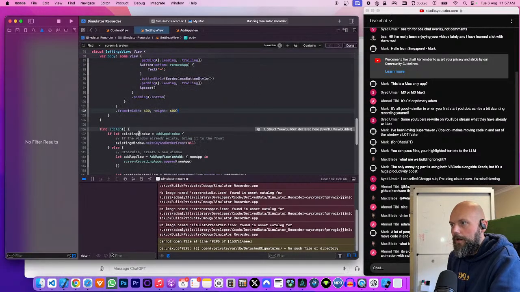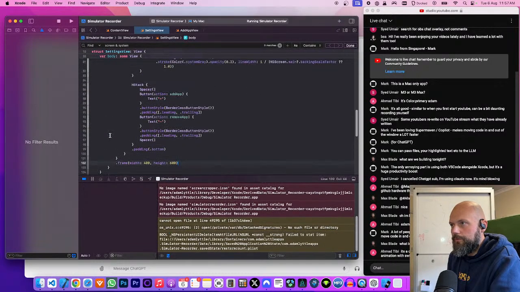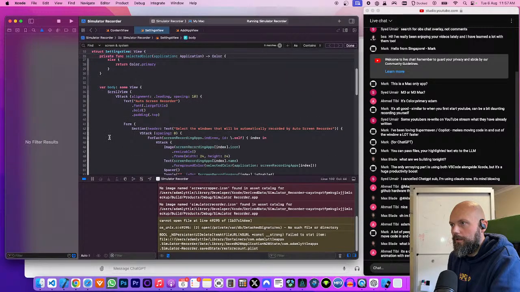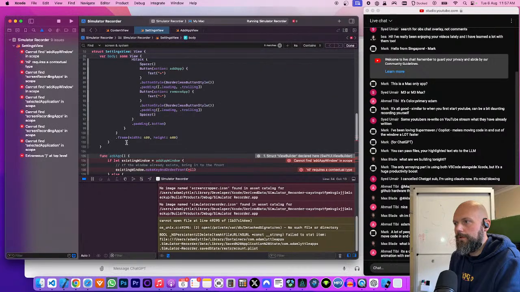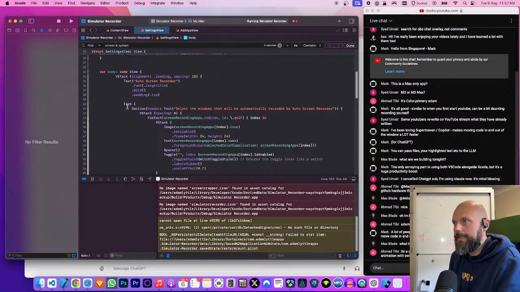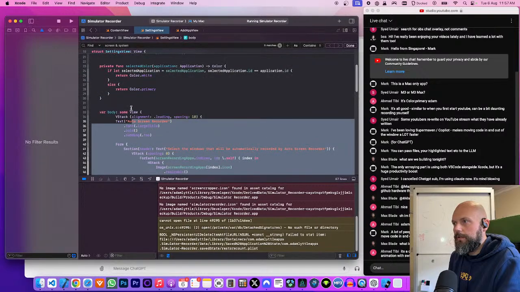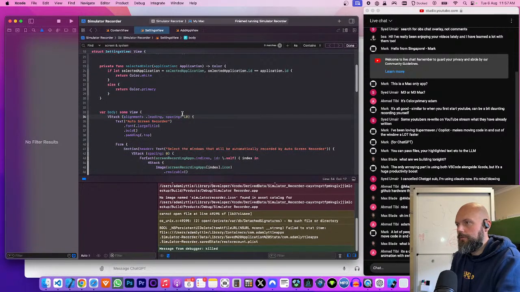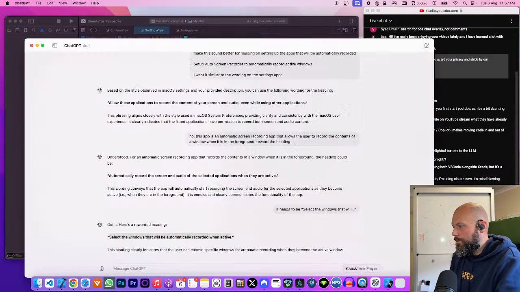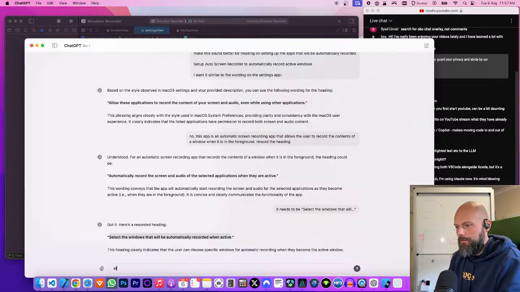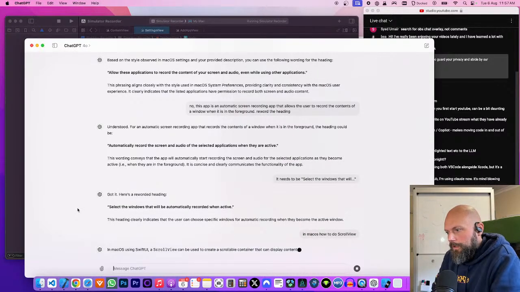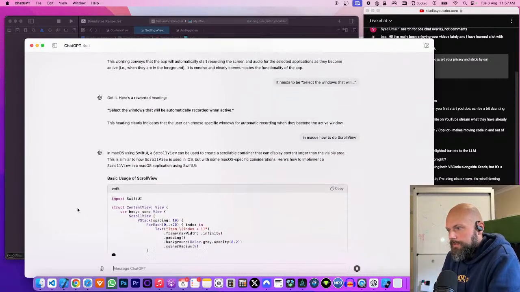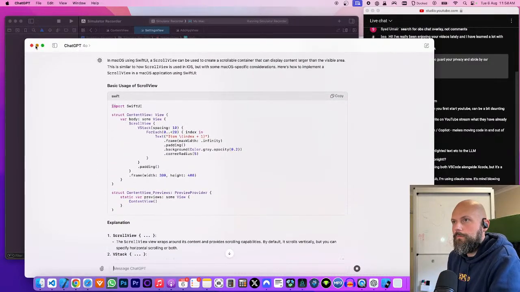That's not working. I'm very used to building in SwiftUI on iPhone. I've never actually built an app for Mac to release. So there's going to be some learning challenges here for me. In Mac, how to do scroll view. Scroll view can be used in a similar way. So maybe